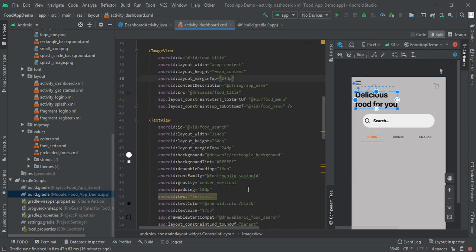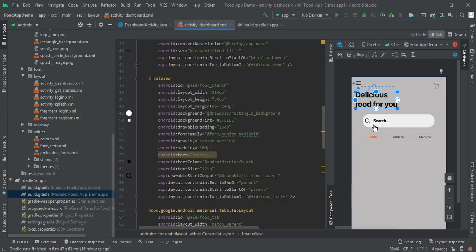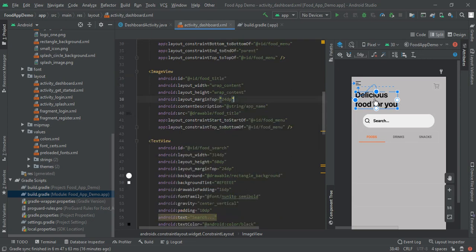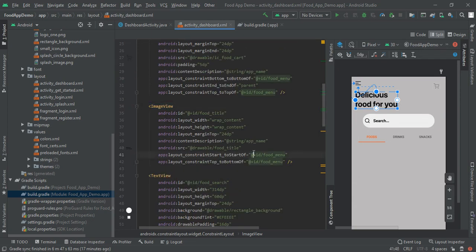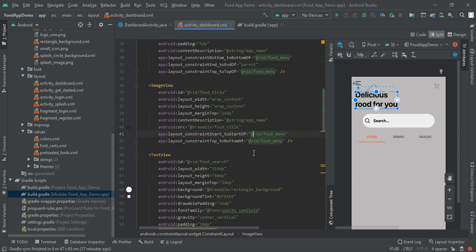Now all things will depend on top to top. Here food title depends on menu, search depends on title, and tab layout also depends on search. I will tell you how. And then we completed our implementation of image view, which is food title.